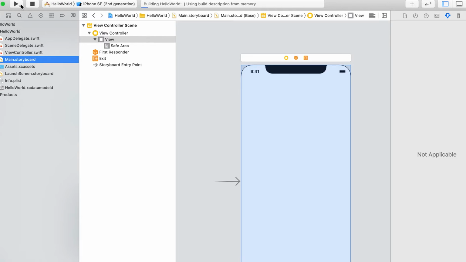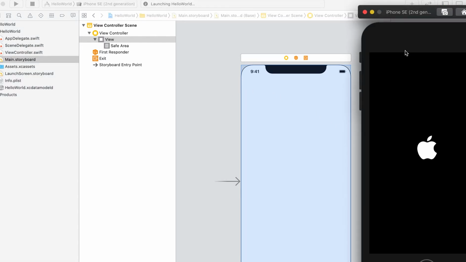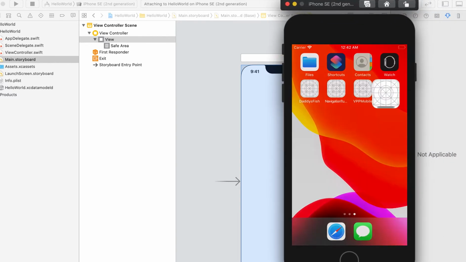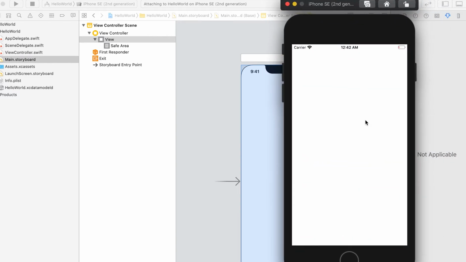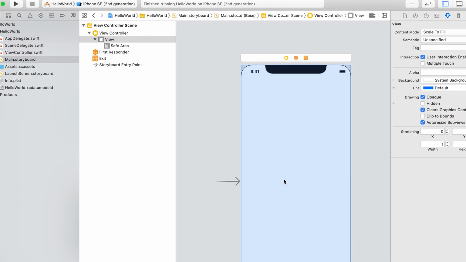So when we run this application, you will be able to see a blank screen, and I will write some code here.